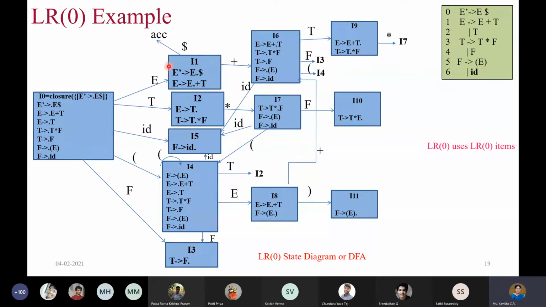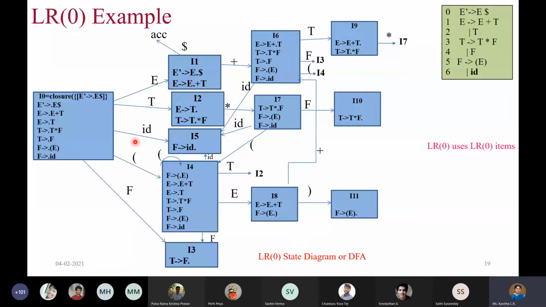Similarly, for the first rule also, that is rule number 0, we have this, and whenever it encounters dollar, it means that it is the end, therefore it stops there. So you don't have to read dollar and then continue there, because it is anyway the end of the file marker. So this is the diagram, and we call it the LR(0) state diagram, or it is also known as DFA because of its property.